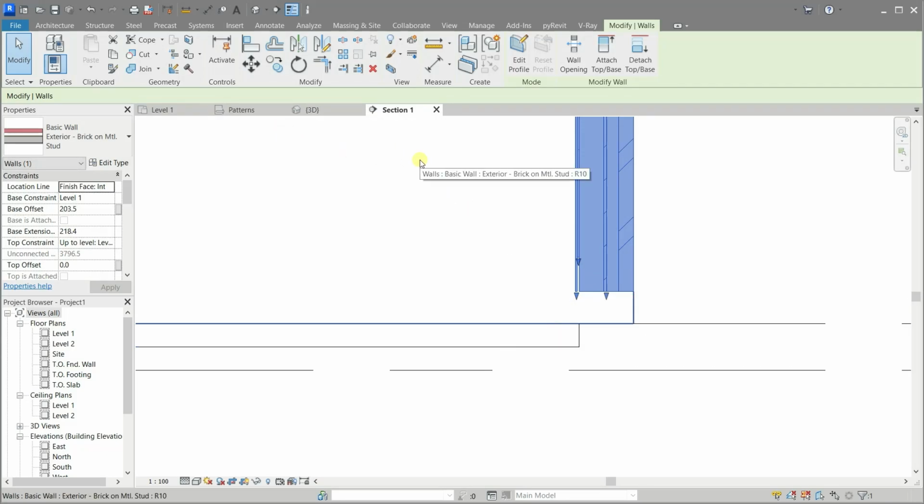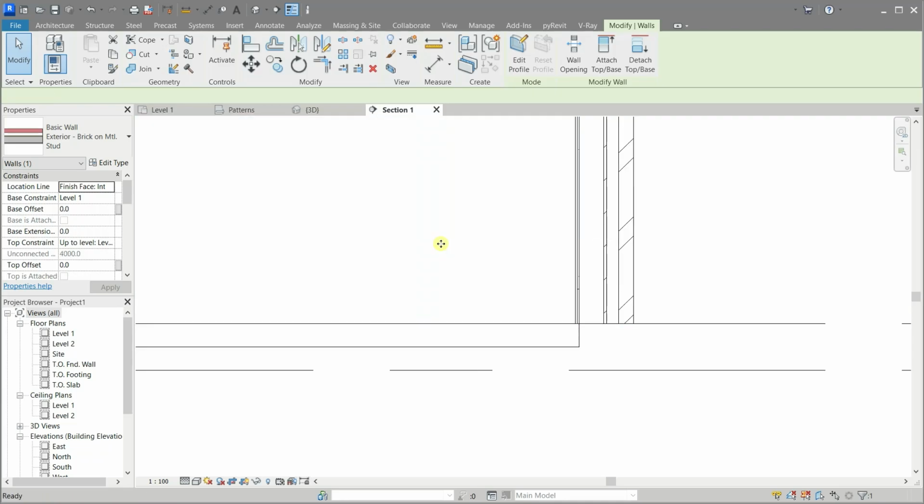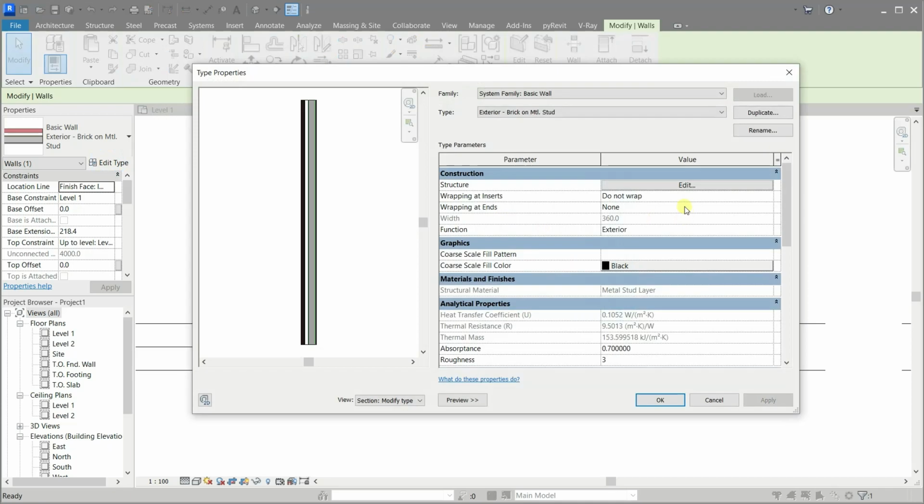But what if we want both the external and the internal layers move separately from the structural core? Well, let's try it.